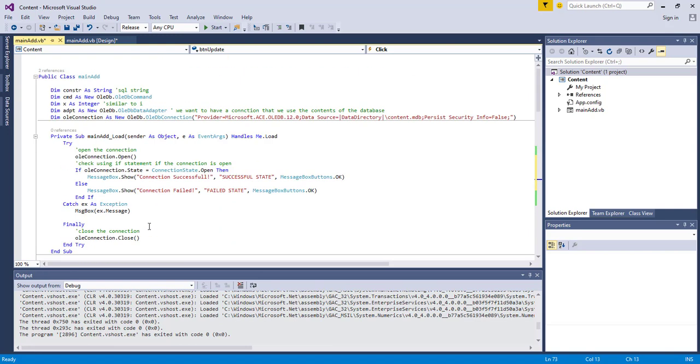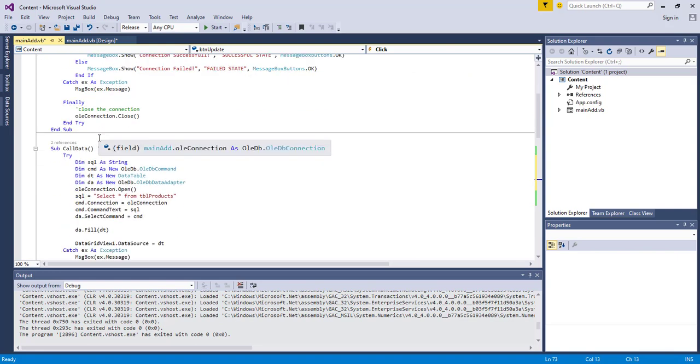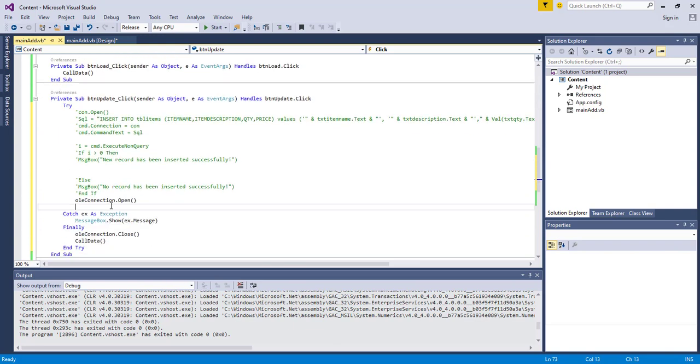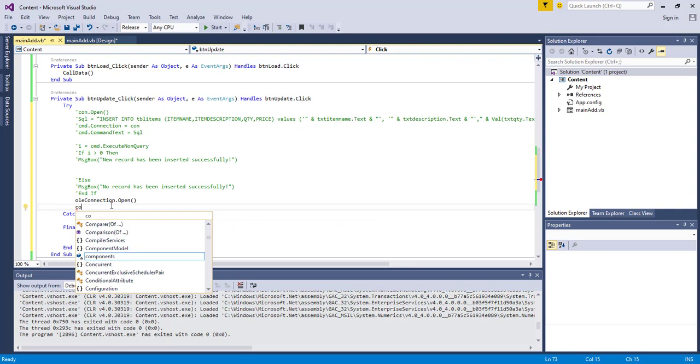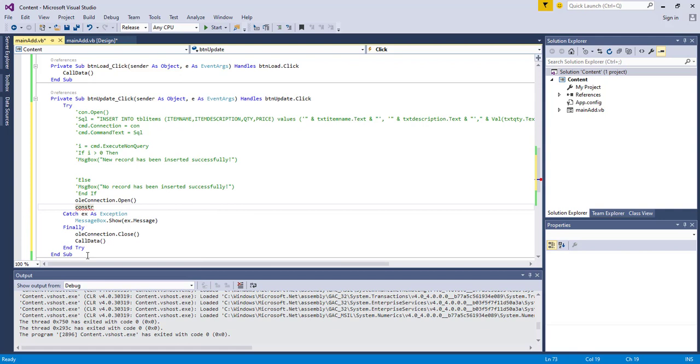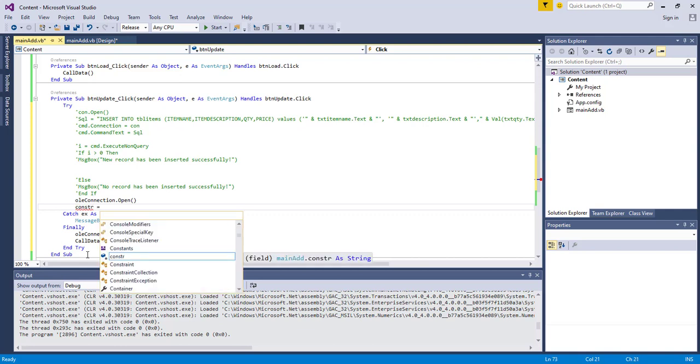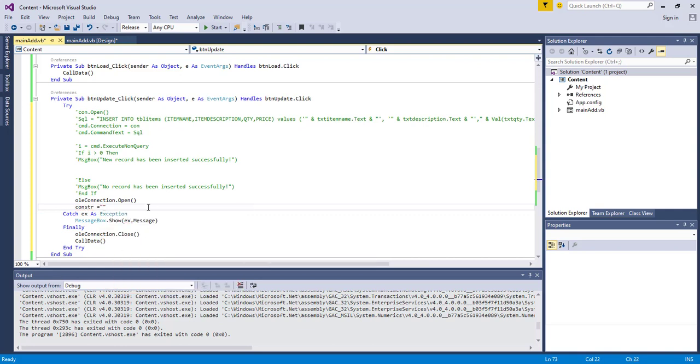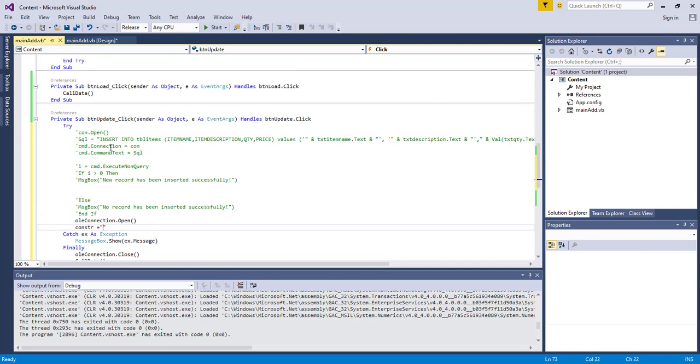Okay, so we've also got an SQL where I think our SQL should be this one, which is our connection string. Okay, so we say connection string is equal to, okay, and then